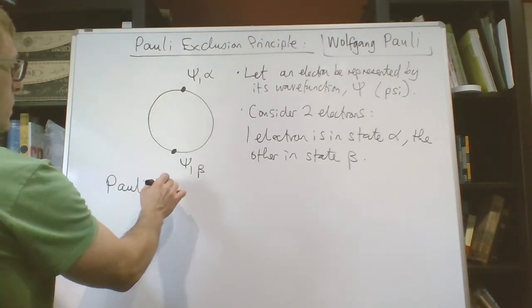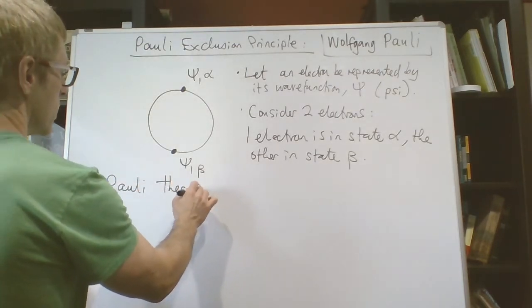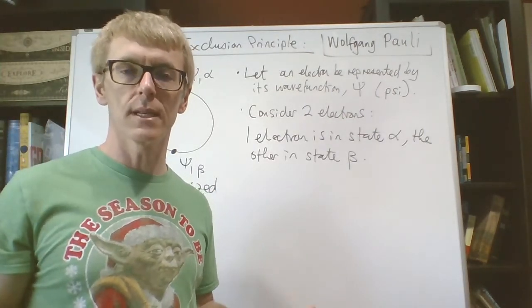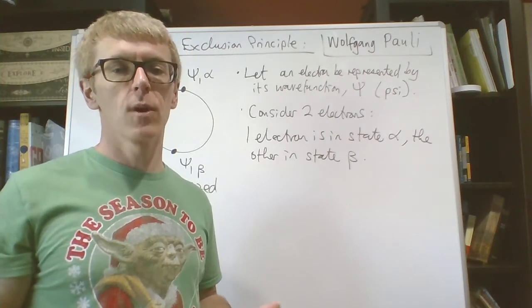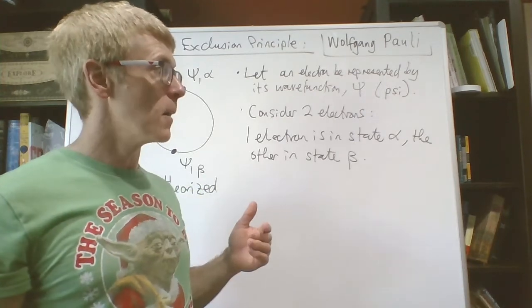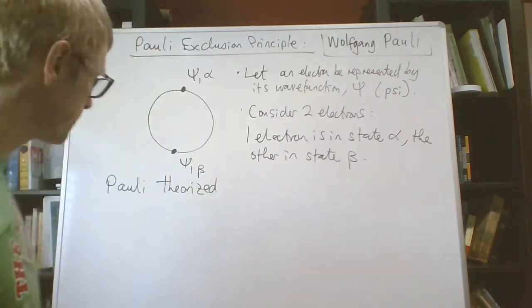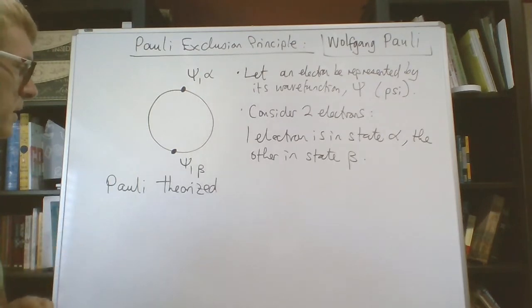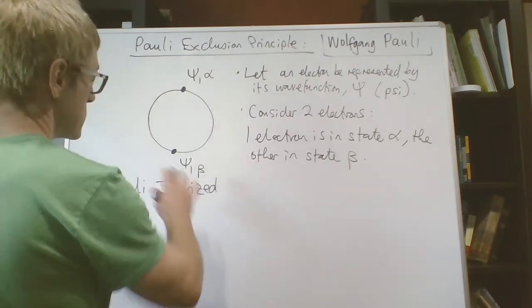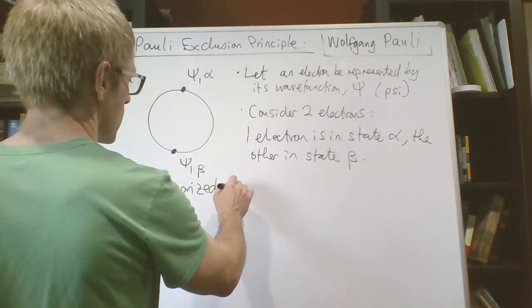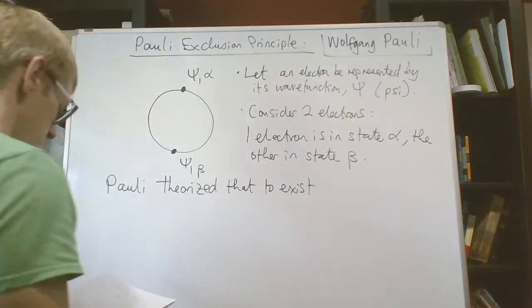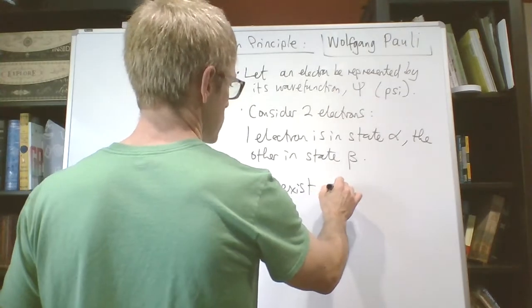So Wolfgang Pauli theorized. So he was a smart individual. He also had common sense. He knew that the world existed. So how could the world exist? What kind of conditions are needed to make the world exist if the world is made of fermions? And we'll see what that means now. Pauli theorized that for such a system to exist, and persist, so not just exist for a moment,